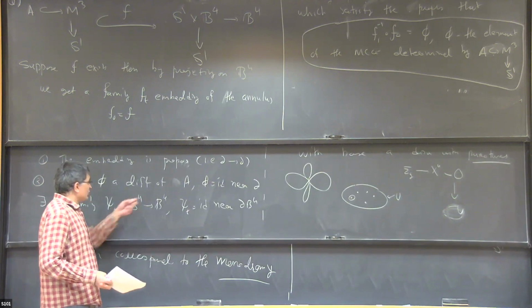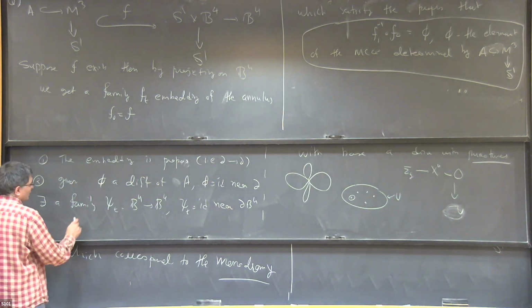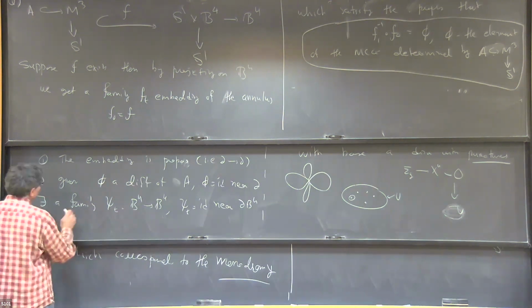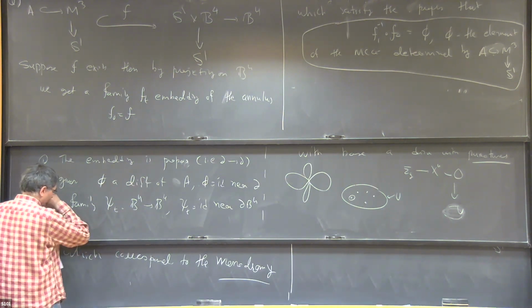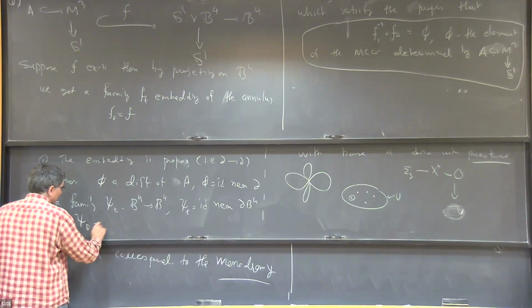And this psi t conjugates, and psi 0 equal to identity, and